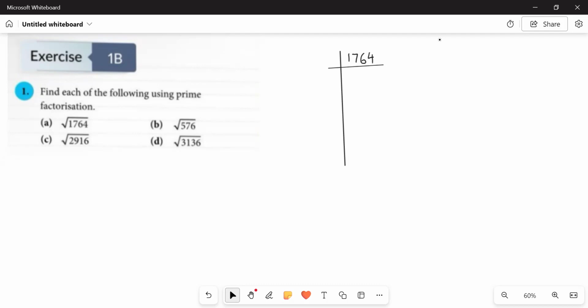For example, we have number 1 part A, 1764. All we need to do is, it's an even number, so we are going to start dividing it using 2. ठीक है, हम इसको 2 से divide करेंगे. 2 के टेबल में 1 नहीं आता. We'll take 2 digits together. It would be 17. Now we are going to read the table of 2 and 16, the number that is before 17 comes in the table of 2.